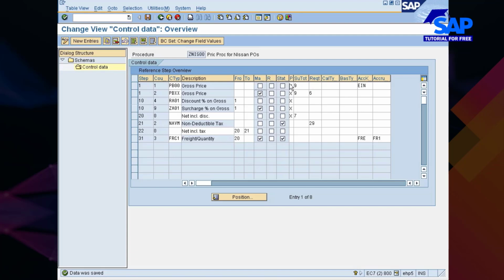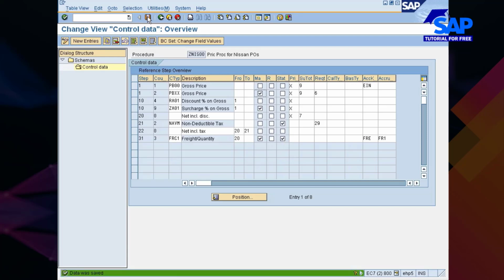So whether printing is required or not required, this is the key which controls it. This P indicator is nothing but print required. So whichever condition you want to be printed, you check that indicator. And then non-deductible tax as well as the freight is basically meant for statistical purposes. So in case there is any condition which is meant for statistical purposes, you check that indicator.